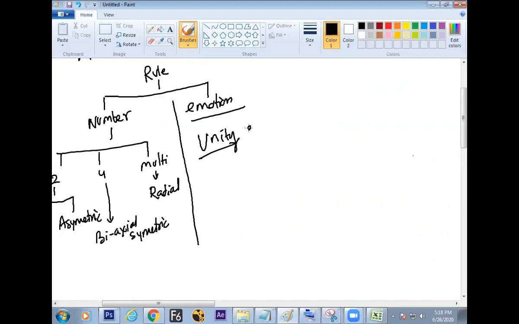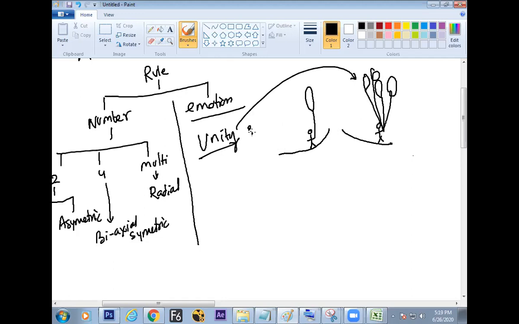Let's go for unity. What does it mean? Going together. Let us take an example. A kid is standing with a balloon on the roadside, and another kid is standing with 10 balloons. Where does the eye go? Obviously it catches the 10 balloons first. This is the concept of unity. Unity is working here, and people's eyes can be caught through united design.